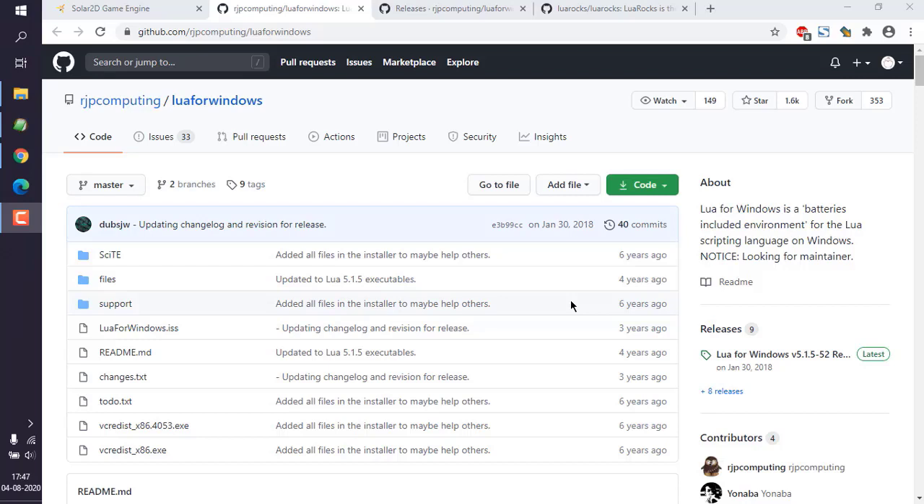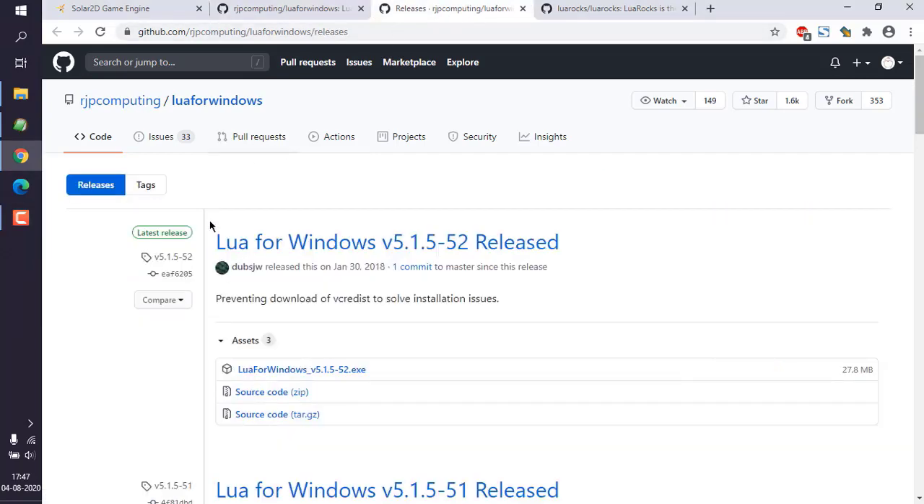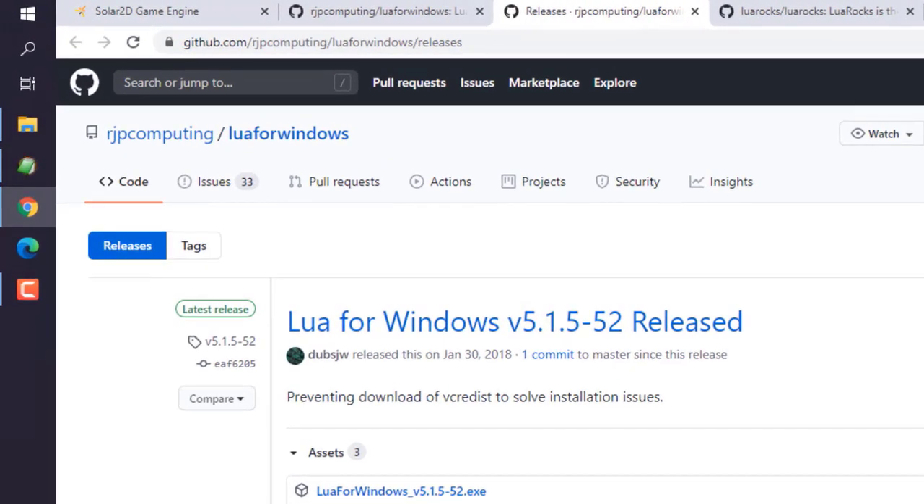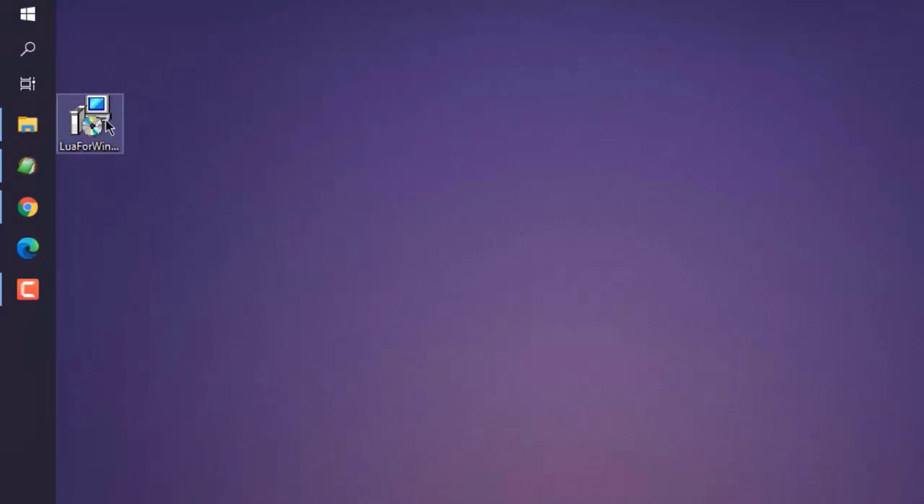So we are going to download Lua for Windows and we will check if it works on command line. So what we'll do is we will go to github.com and check for Lua for Windows. Now in releases tab I can see new version of Lua for Windows. Okay, so what I'm going to do is I'm going to download this installer, and after that I will simply